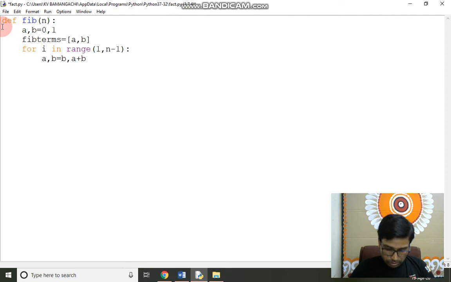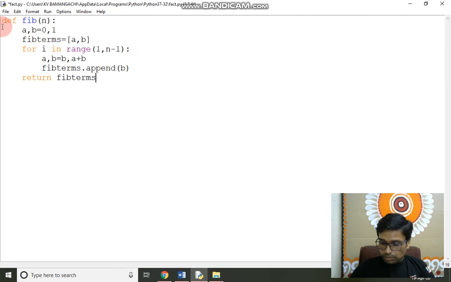Now we have to update the fib terms list as fib terms dot append, a ready-made function used to append an element to the list. Here term b is always changing as a plus b, so we are appending the list by term b. Now we will take return of the whole list, whose name is fib terms.